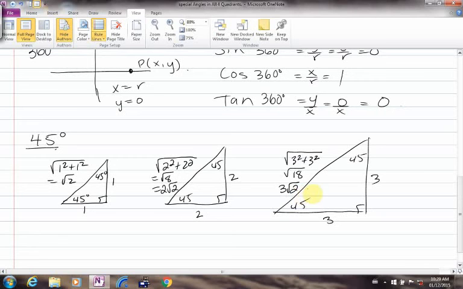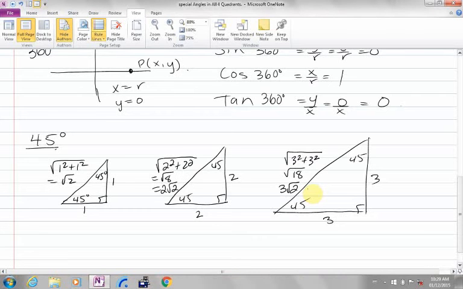Do you see any pattern? You see that the relationship between these two sides and this is always the same. How many times bigger is the hypotenuse compared to the side length of the legs? It's root 2 times bigger. So 1 times root 2. So would it matter how big I made my triangle? Would the relationship between the sides